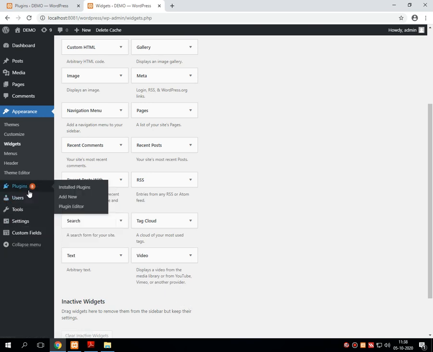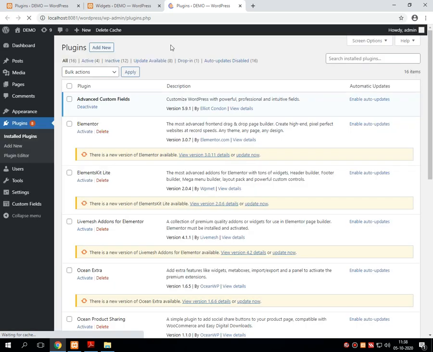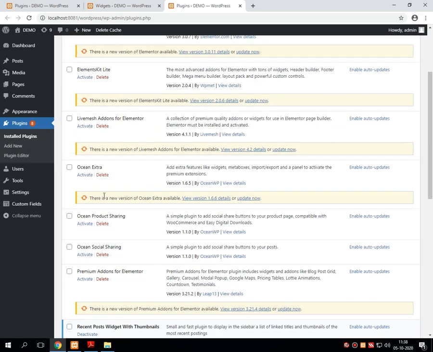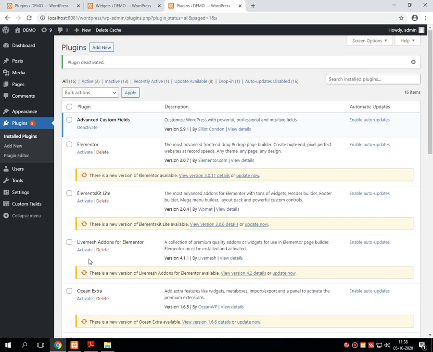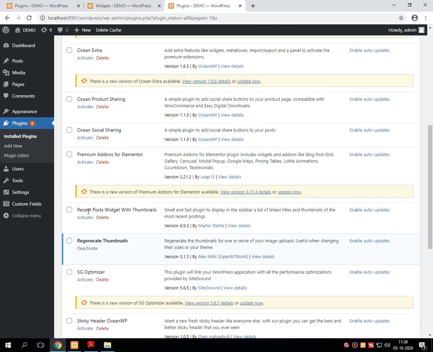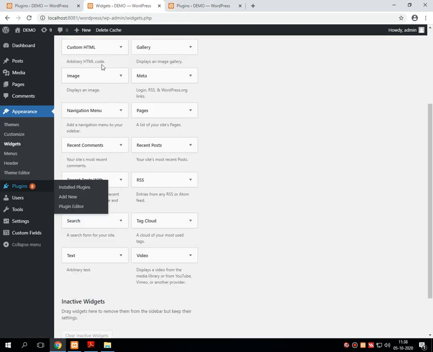Let me do one thing over here. I'm just deactivating that plugin which I have installed called recent posts. So let me select this recent post and I am deactivating it. This recent posts widget with a thumbnail is deactivated. Let me refresh this particular appearance and widget page.